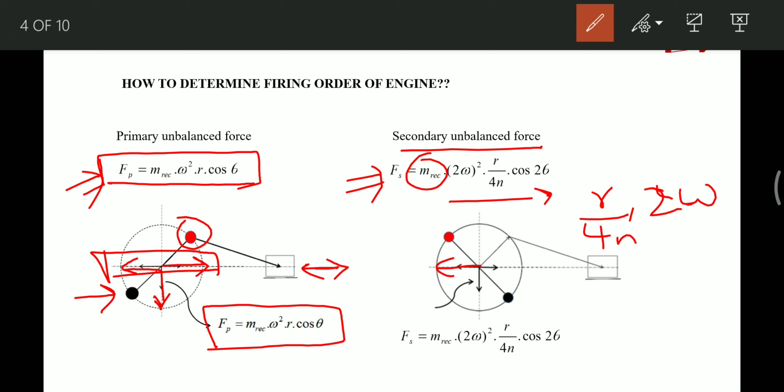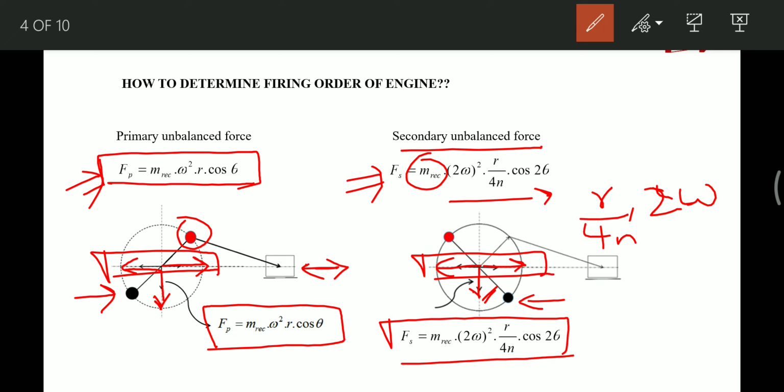To balance it, if we place a mass in the opposite direction over here, it will also have two components, one in the horizontal and one in the vertical direction. Again this horizontal component will be balanced, and the net force will be left in the vertical direction. So we can see from the discussion that balancing this force by putting a counterweight will just change the direction of the force, but the magnitude will still remain the same. So this kind of partial balancing is used in these systems.